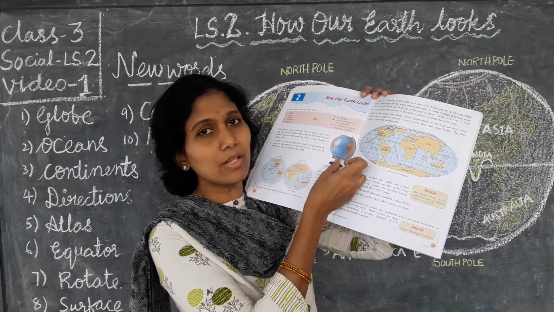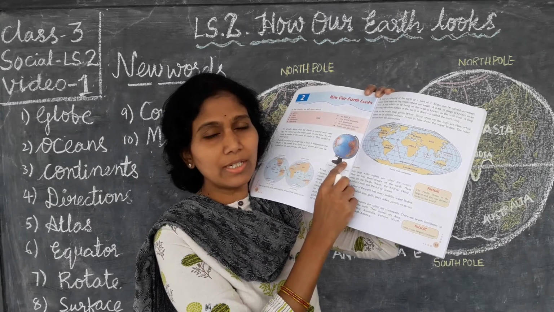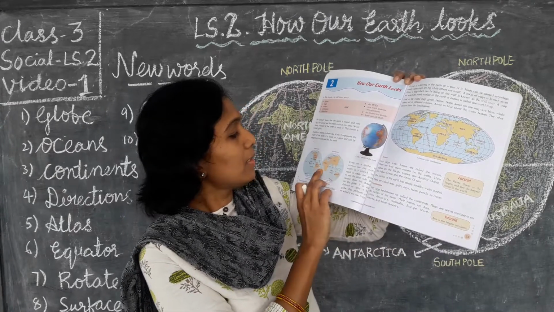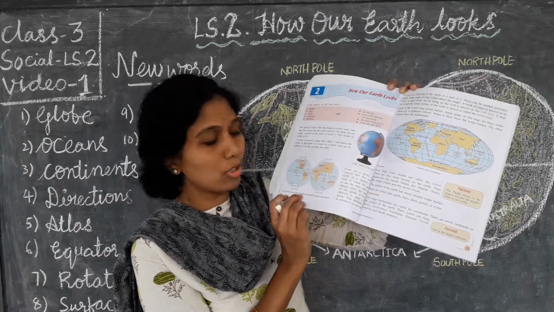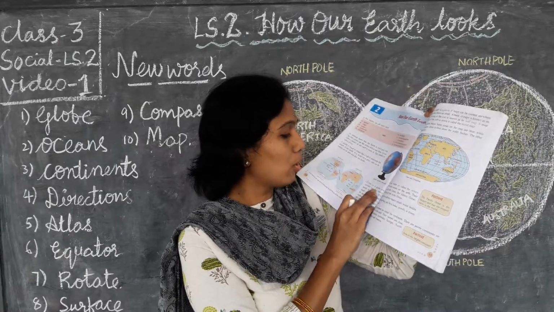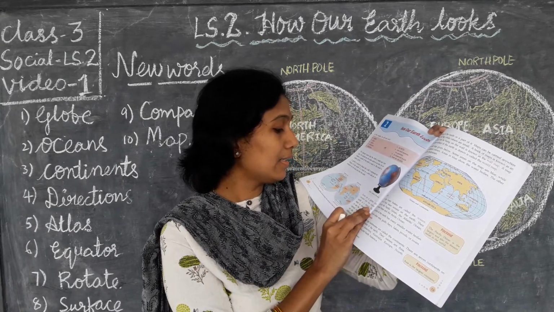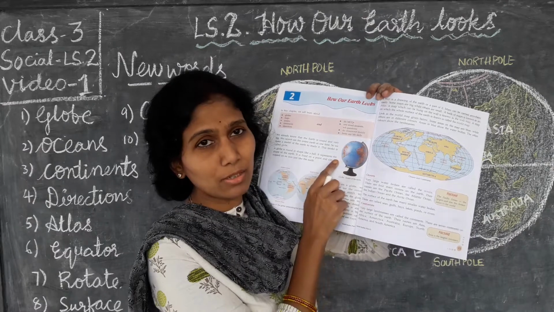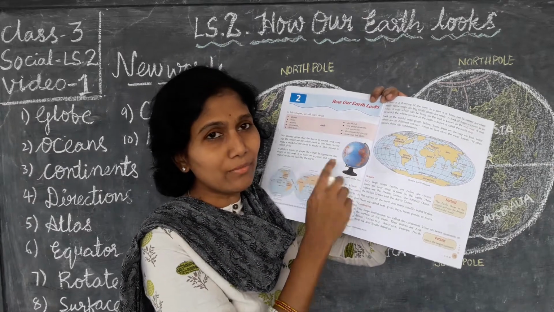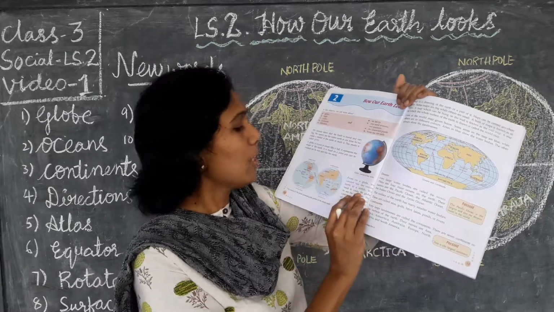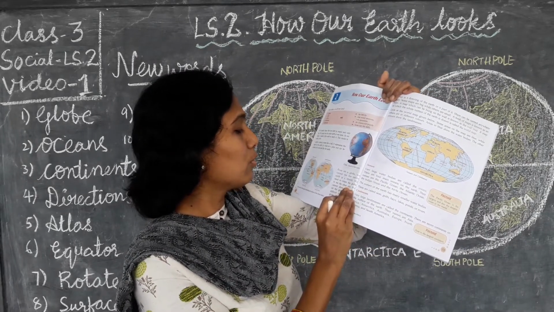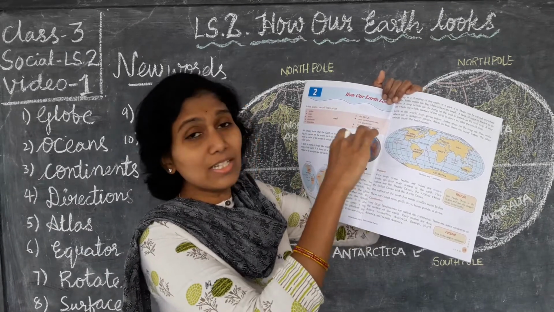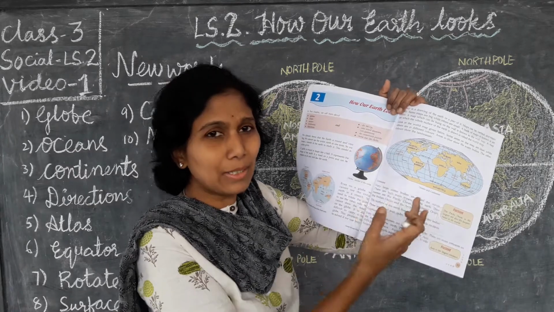See here, the model of the earth is given. They fixed the ball of the globe on the stand so that it can rotate, because earth rotates. And see the picture I drew on the board, it's in the book also, page number 12. Even on a globe we cannot see the entire earth at once. Will you be able to see the back side of the globe? No. We have to rotate it, then only will we know. We need to rotate the globe to see the other side. Why is this stand fixed? To see the back side part of the globe also.